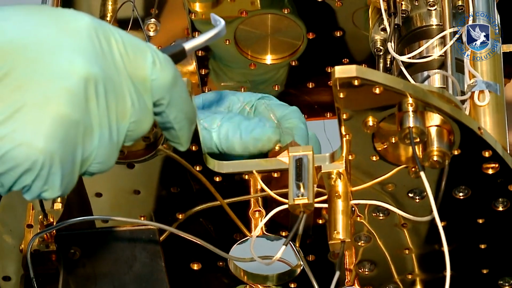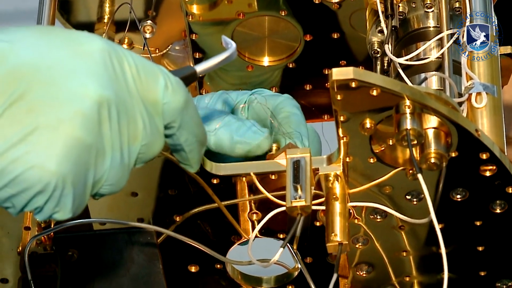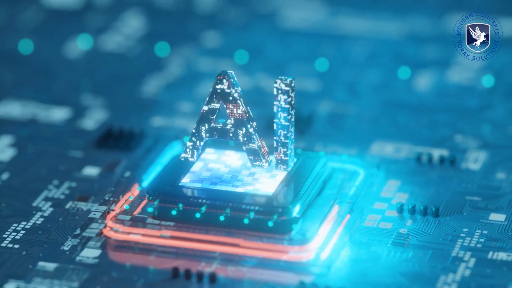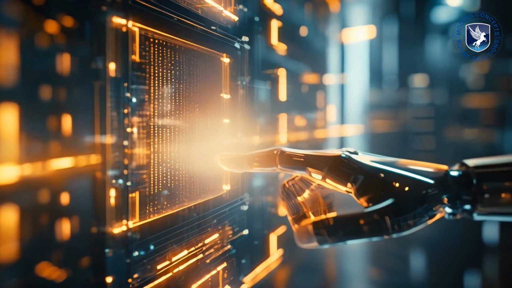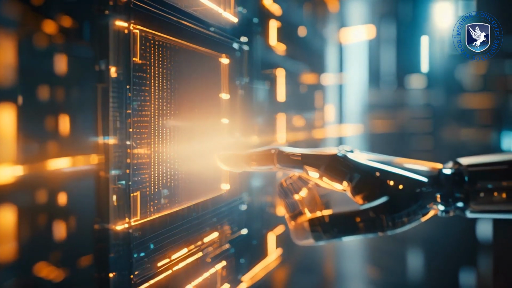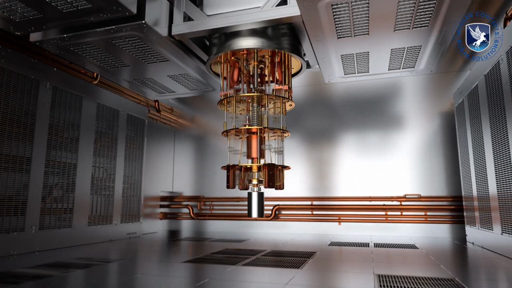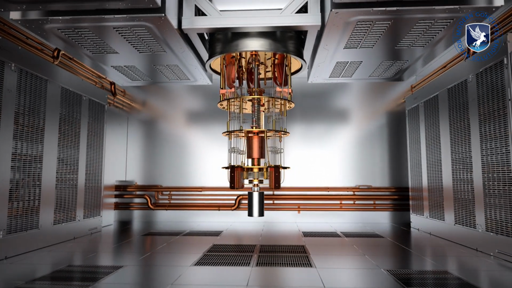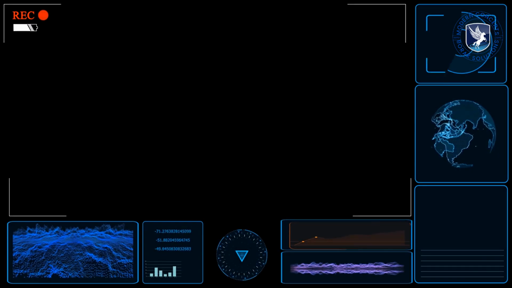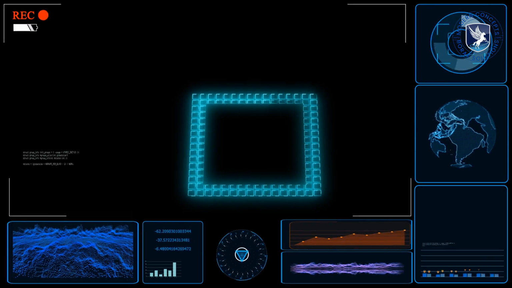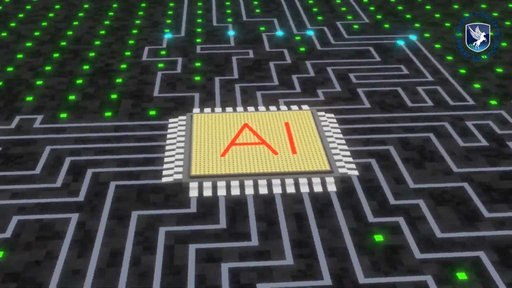But before we get too carried away, let's talk about where we are today with quantum computing. The truth is, we're still in the early stages. Today's quantum computers are more like prototypes, impressive but not quite ready to take over the world. They're great for research and solving specific problems, but we're still a few breakthroughs away from having fully functional, general-purpose quantum computers. Think of current quantum computers as baby geniuses, full of potential but still learning how to walk and talk. But once they grow up, watch out.